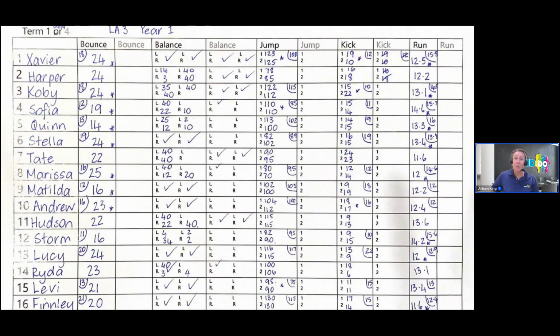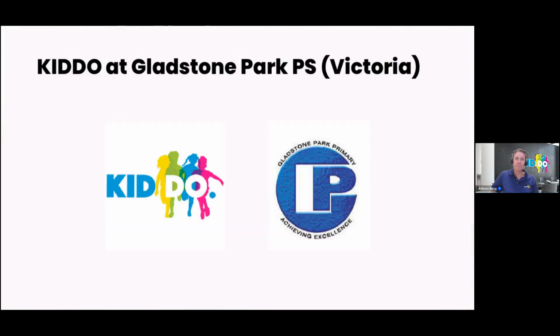She is a pen and paper person, so she prefers to do it all on pen and paper, and then she does her bulk entry after. She was absolutely thrilled when we added the bulk entry option. She said it's cut so much time on her data entry, and she finds it super quick and easy to enter her data in. Then we've got Shane Marley at Gladstone Park Primary School in Victoria.